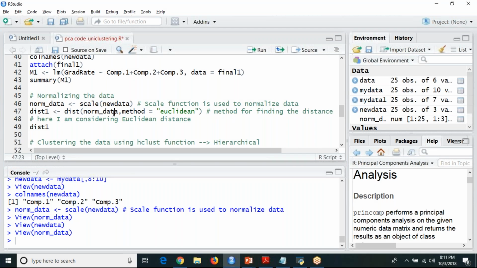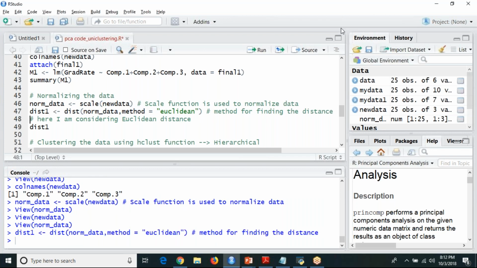Norm data is nothing but your scaled data, and here I am passing the Euclidean distance method, and storing the distance in a variable called dist1. So your dist1, you'll be able to see like this.